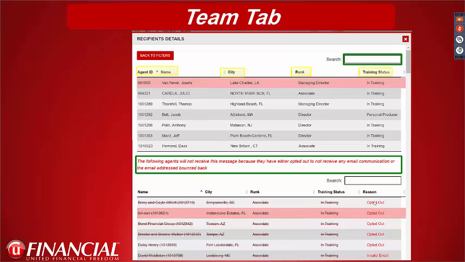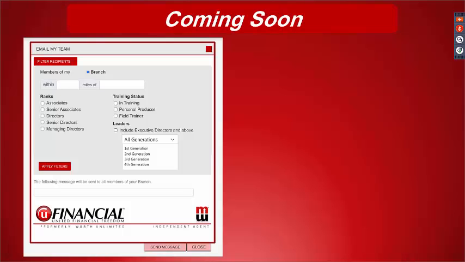people that have bounced, if they've got a bad email address or they've opted out for whatever reason. And you're going to be able to look at those people. We can see here opted out and invalid email addresses. And so you have all those details of what's going on with your team. Now you can make a phone call or know what's going on with your teams and your inactive people and try to reactivate them or communicate with them. So anyways, that's basically everything that we really wanted to touch base on with you and kind of go over.